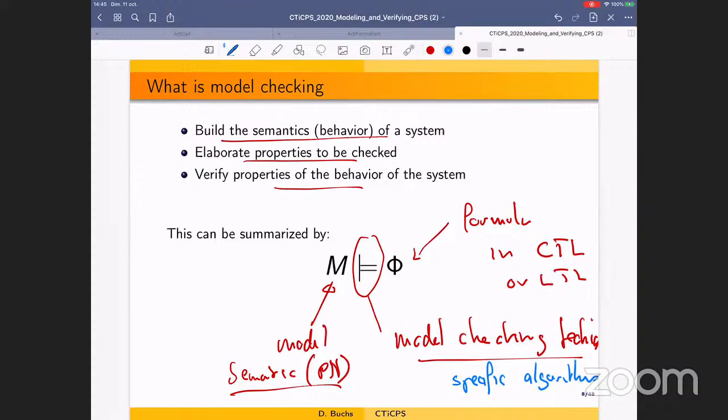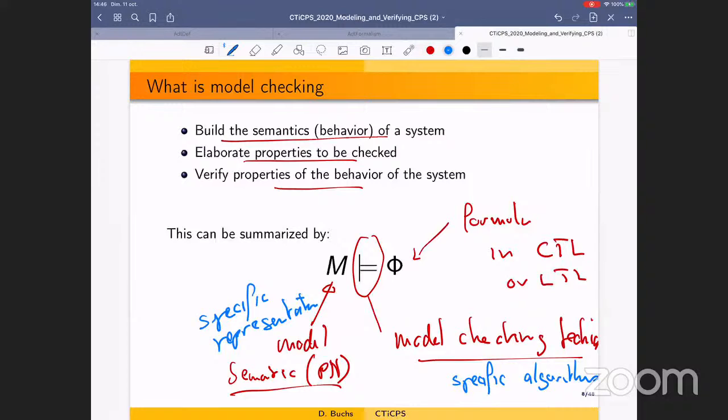So we will define algorithms for doing the model checking, and for the construction of the semantics of the model. For the model itself, we can in fact use a specific representation. And this is where this process has different possible instantiations. So I will discuss a little bit now what we can do for this process of verification.